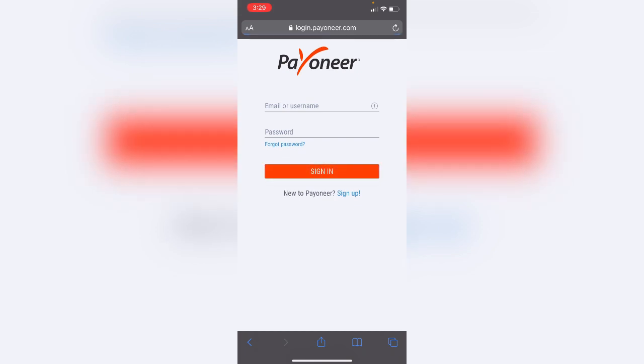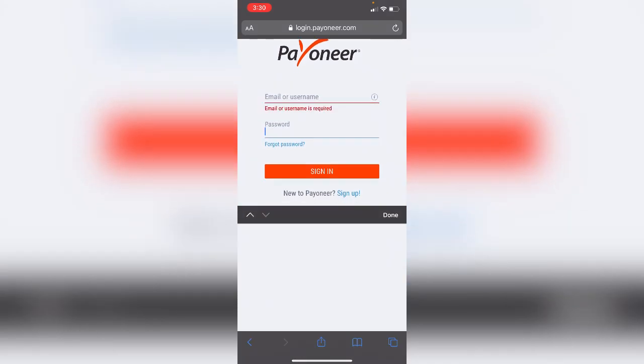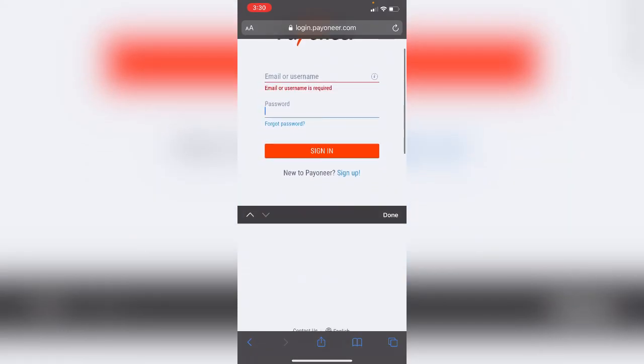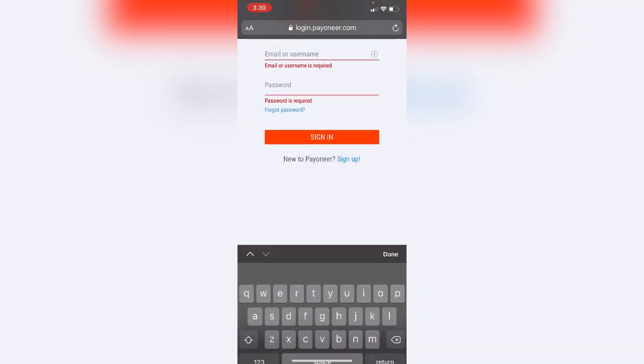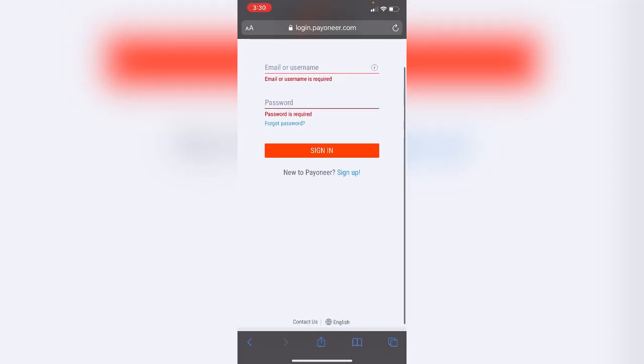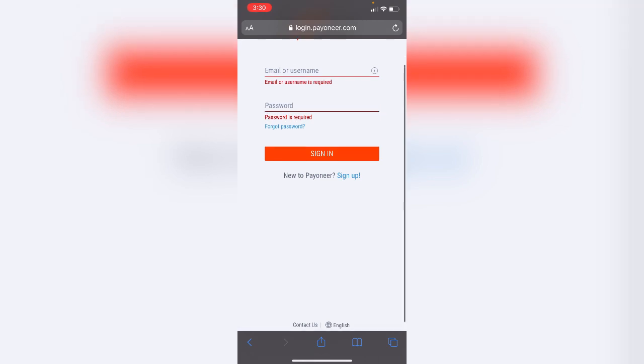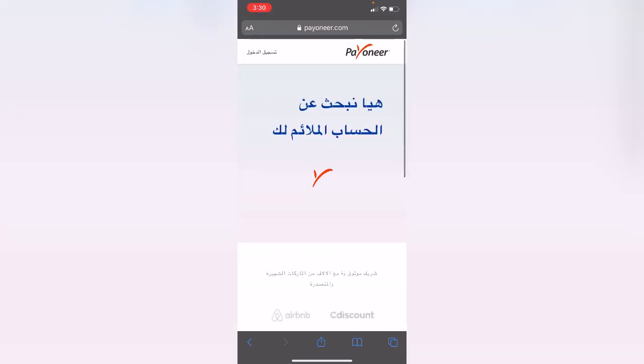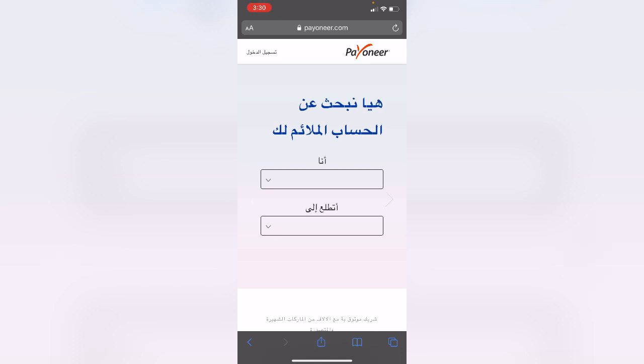After clicking on the Pioneer login, if you are already a user, you just need to sign in. Okay, simply write your email or username here, and then password, and simply sign in. You will be logged into your account. And if you are a new user and want to create a new account in Saudi Arabia for selling and purchasing, and for the products or the services you are offering, just simply sign up. Click on sign up. So this page, you can see that it's open in Arabic language.